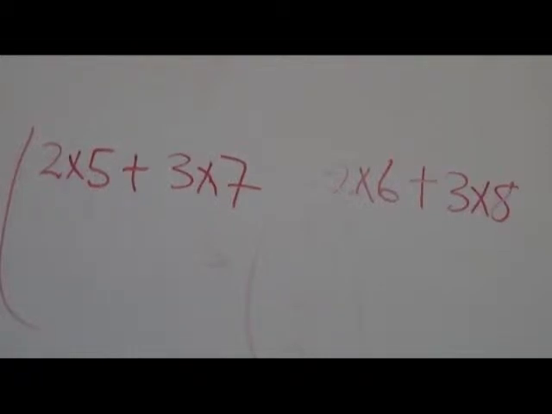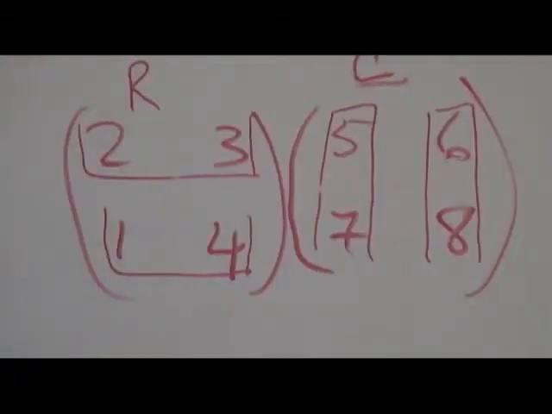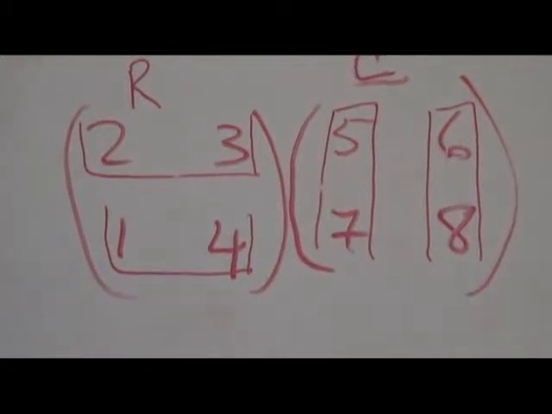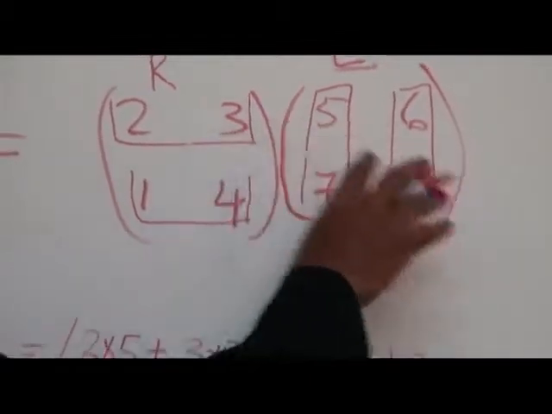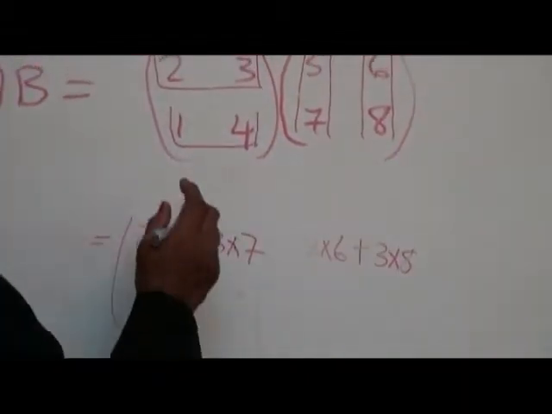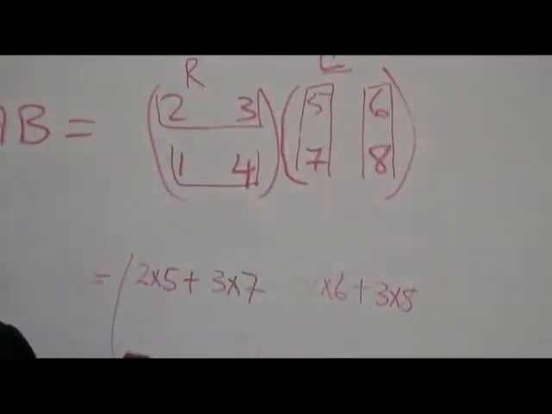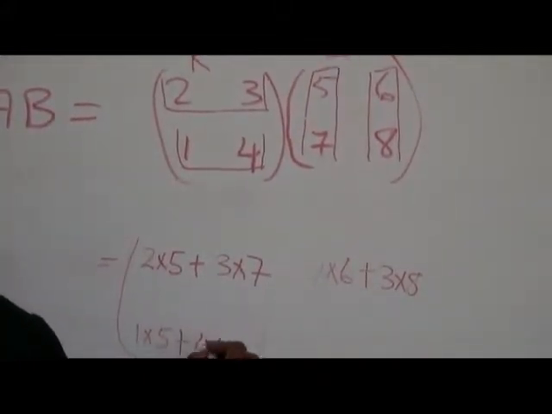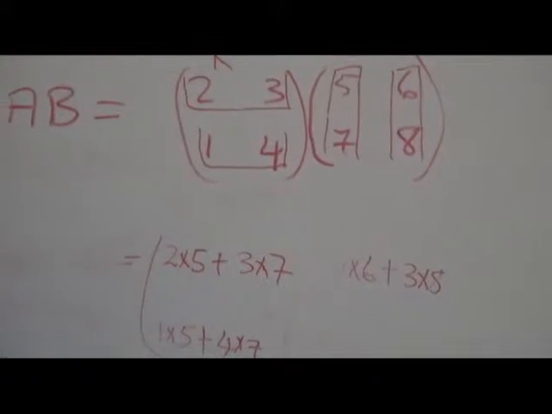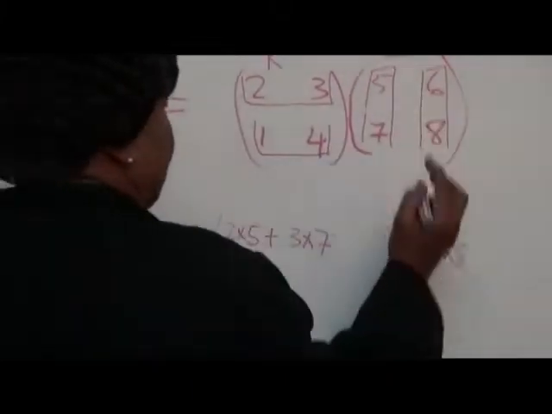Take it slowly, because if you know it, you don't have to repeat it again. It is 2 times 5 plus 3 times 7. 2 times 6 plus 3 times 8. Then we go 1 times 5 plus 4 times 7. And then it is 1 times 6